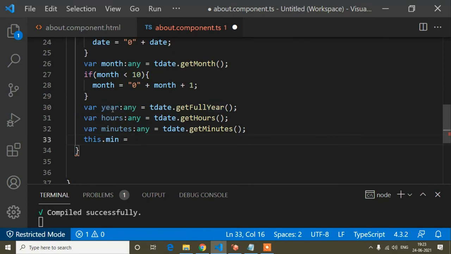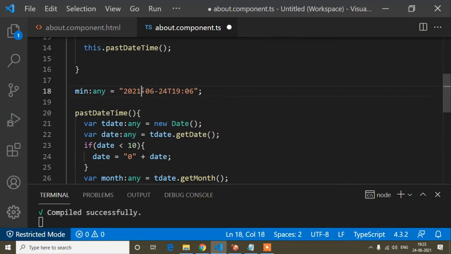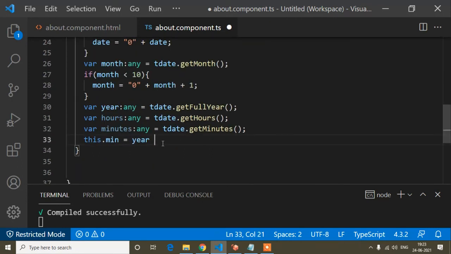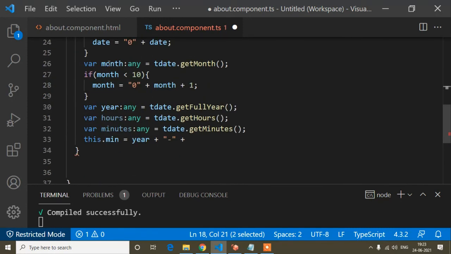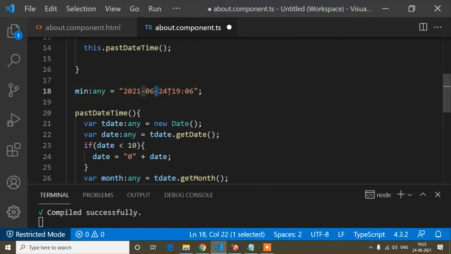Here I will copy this year variable and paste here, and after that a hyphen. So I will write plus string value of hyphen, again plus. After that it is month. Month I'm getting in this variable, so month plus then hyphen, and then it's today's date.